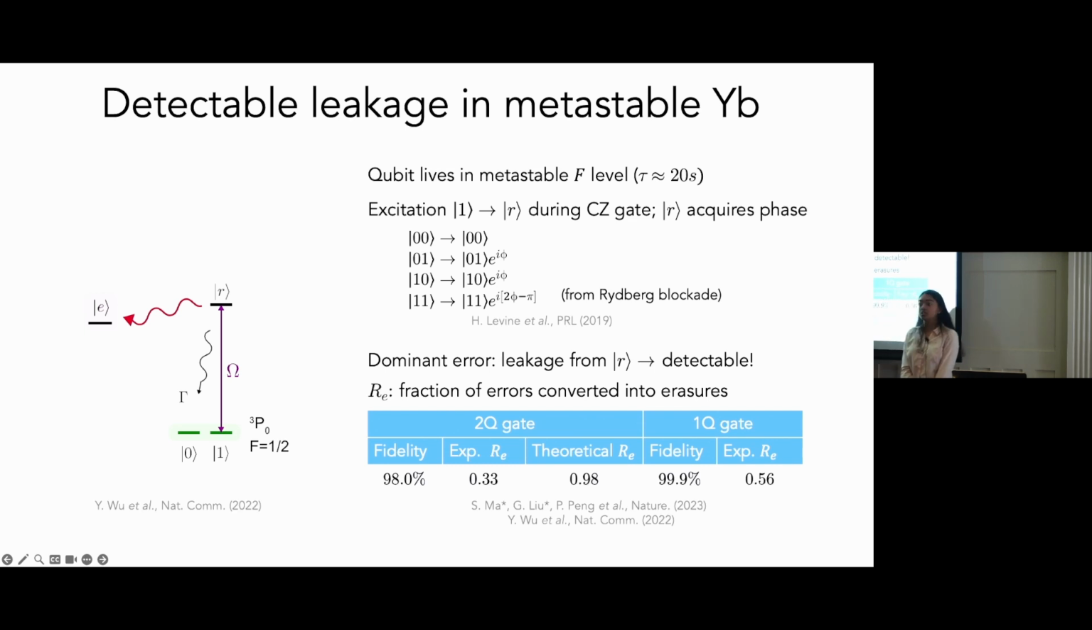Okay, so if you had another leakage to a Rydberg state, would you apply the same pulse? Yes, so